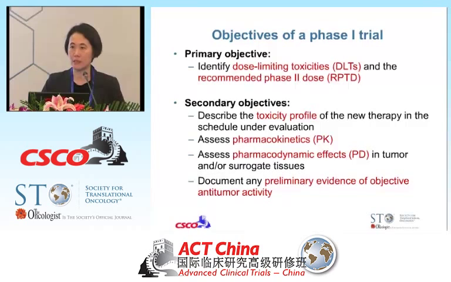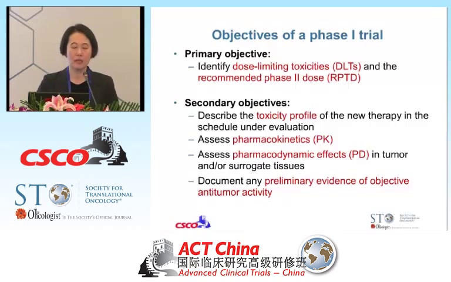Many of you are obviously thinking, what about the MTD? I personally have a fear of using the word MTD because to my European colleagues and to my American colleagues, sometimes the MTD means a little bit different. The MTD is in the US and Canada the same as your recommended phase 2 dose, and sometimes in other parts of the world, the MTD is above it. So I like to use the word recommended phase 2 dose because it's clear. That's the dose that you will recommend to your phase 2 trialist colleagues, what you're going to take forward in